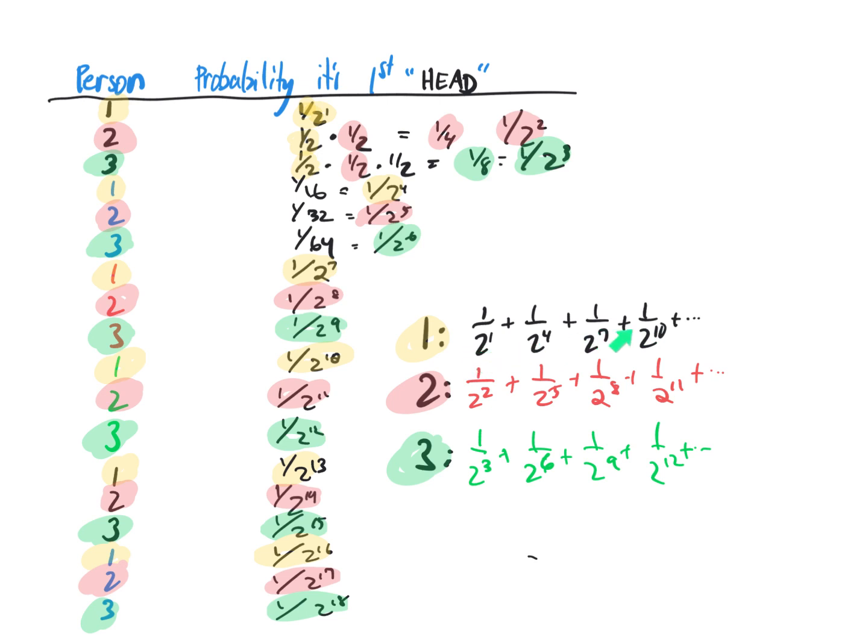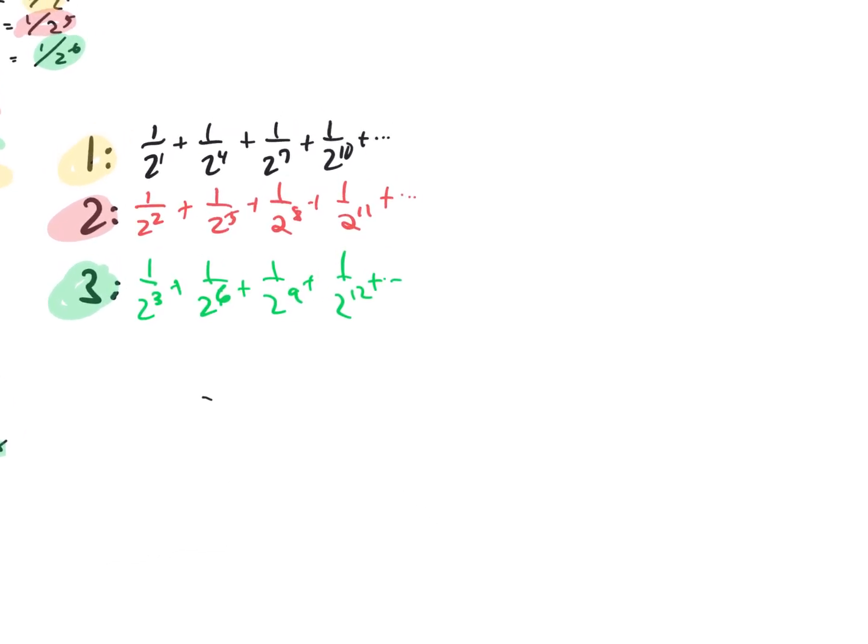So this is the probability that they'll get the first heads, and these are geometric series. So we can sum up these geometric series. In every single case, we can say that they're geometric, and we can say that the absolute value of r is the absolute value of 1/2 to the third, because they get multiplied by 1/2 to the third every time, every person. That's equal to 1/8, which is definitely less than 1, so they converge.